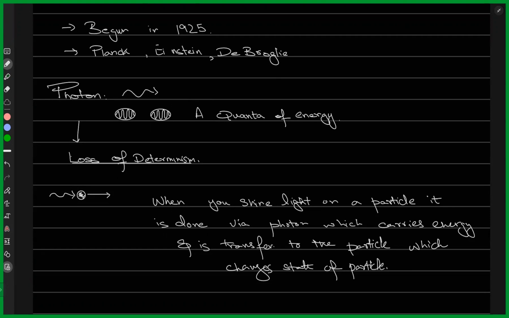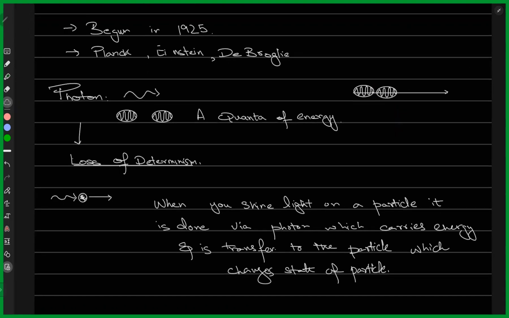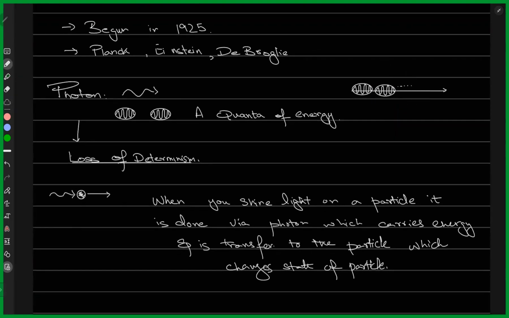If I shine a laser beam of light, suppose I turn on a laser and the beam points in this direction, this beam is made up of multiple particles like this. So there's one particle here, then next to this there's another particle, and you get the idea, right? So this is made up of all of these photons. So a photon is also a particle. Then we talked about laws of determinism, and we'll continue from here today.